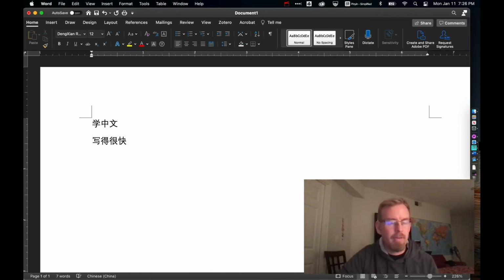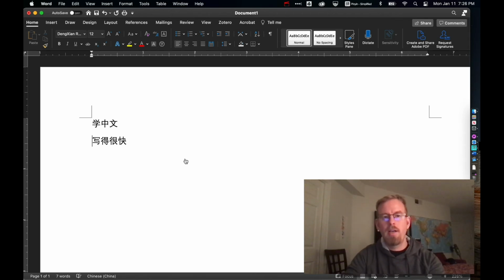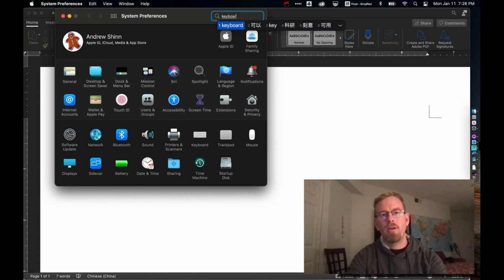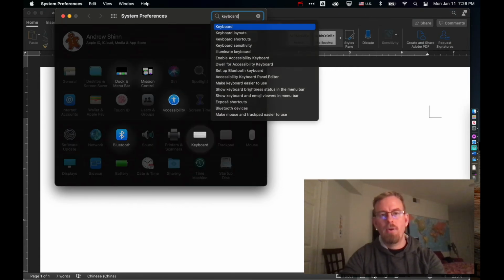This is okay, but there's actually a third method for Pinyin input on the keyboard that I prefer even better than the operating system's version. Oh wait, first I'll show you how to install the operating system's version. I'm going to open the preferences, the system preferences panel on the keyboard on the Mac, and I'll choose keyboard. I'm going to go back to my US English keyboard for this. Keyboard,